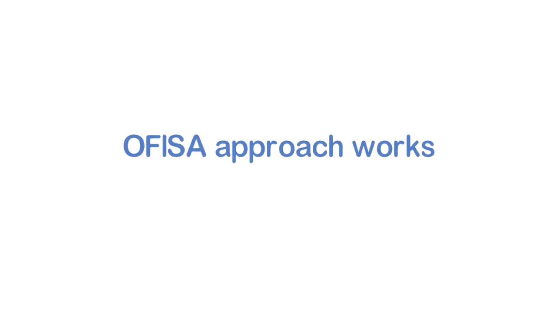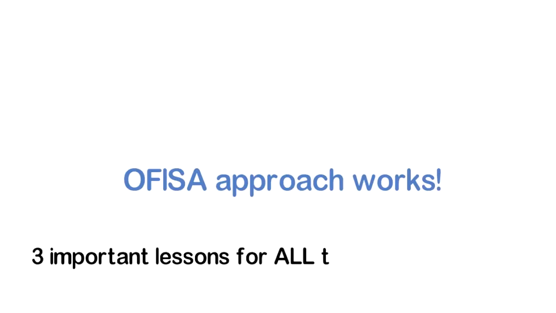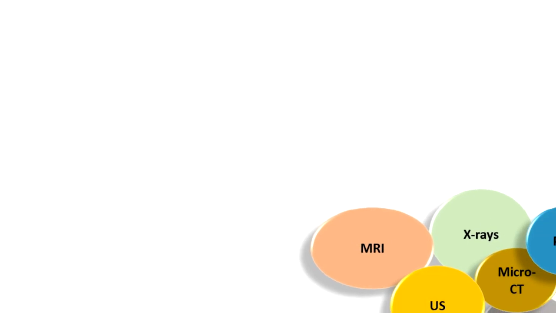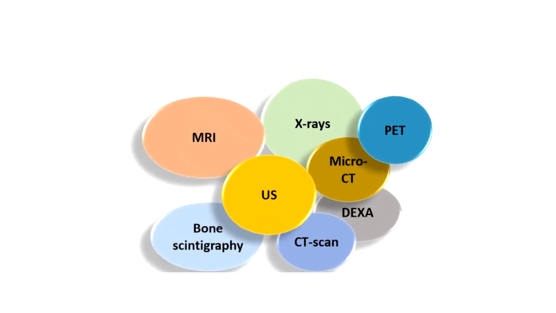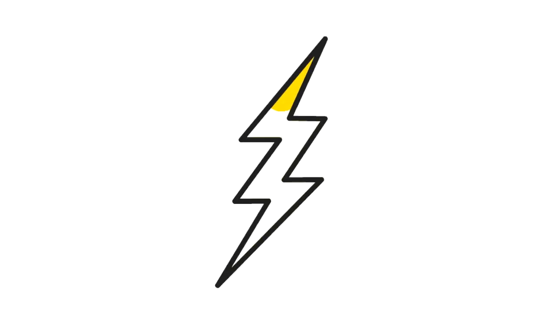After much thought, we learned that with some minor tweaks, the same OFISA approach can be used for all instruments, and that there are 3 important lessons that can be applied to all types of instruments, not just imaging instruments. Before we go further, let's explain how an imaging technique or machine works to see inside the body so as to find out whether the body's organs or tissues in that area are normal or working as they should. An imaging machine uses energy, for example electrical, sound, or light energy that interacts with the body to create images